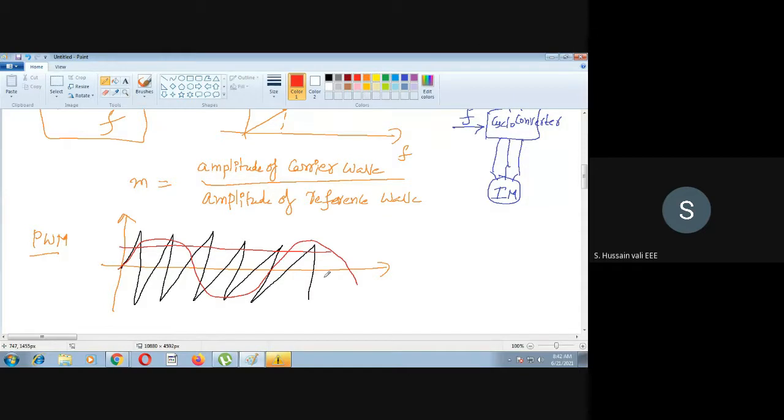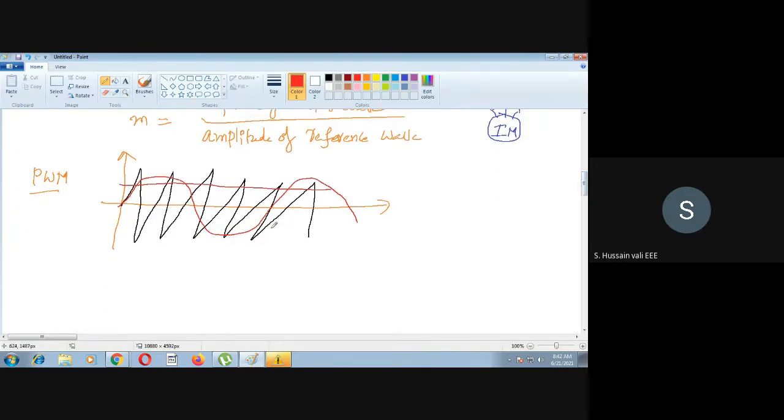Multiple PWM techniques are there. So different techniques are there. But the main purpose of this is to generate the pulses. So just comparing the carrier wave with the reference wave, you get the pulses based upon which is higher and which is lower. Based upon these differences, the pulses will be generated.